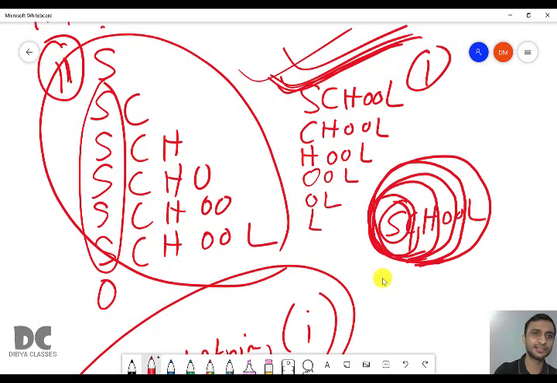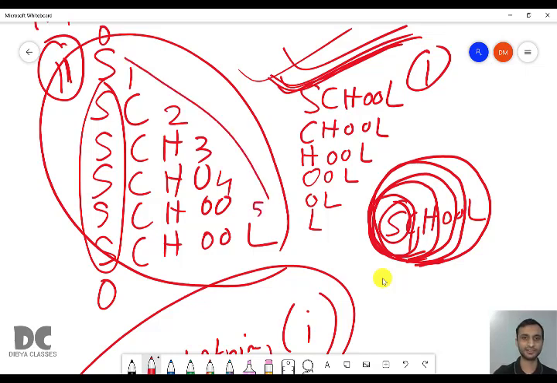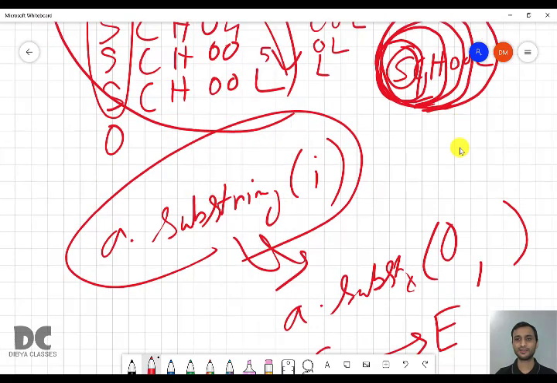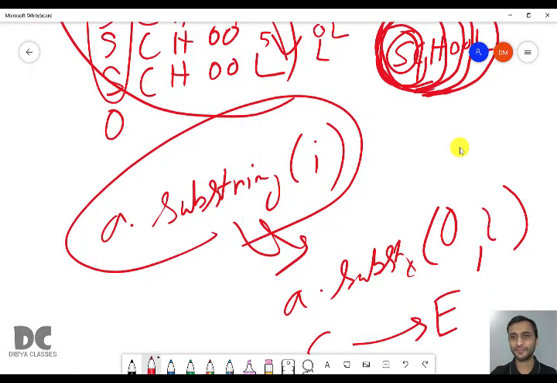First time it is ending in 0, second time it is ending in 1, third time in 2, fourth in 3, fifth in 4, and sixth in 5th location. So it is changing. So that is nothing but the value of I.